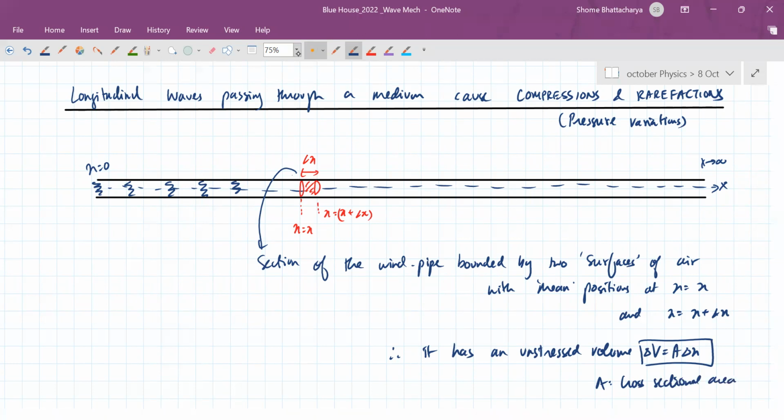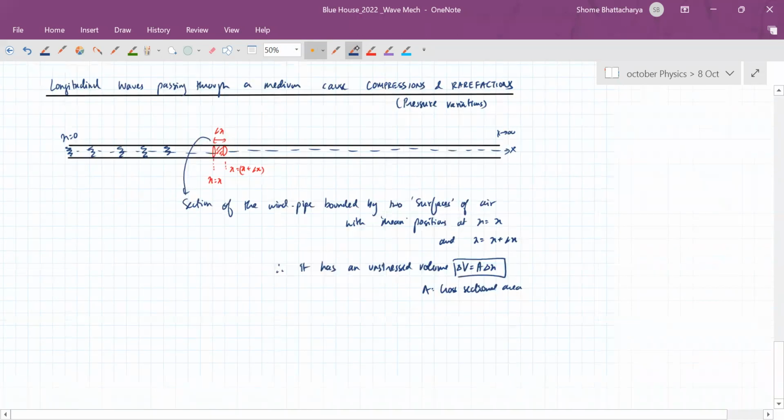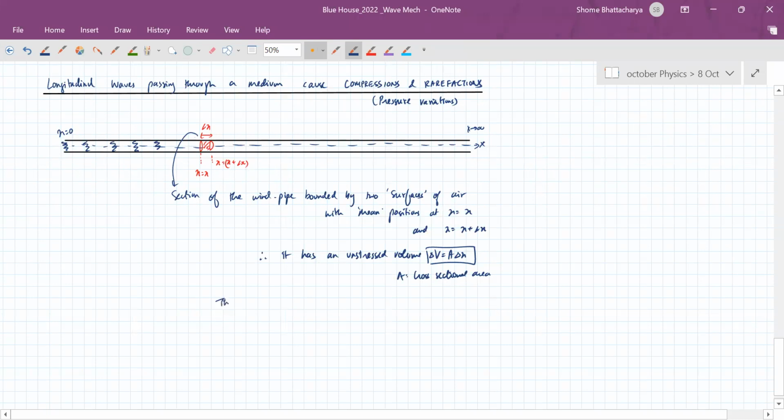Okay. Now what is happening is that the boundary, that is the air surface at x equal to x, oscillates by the equation, let's say this,